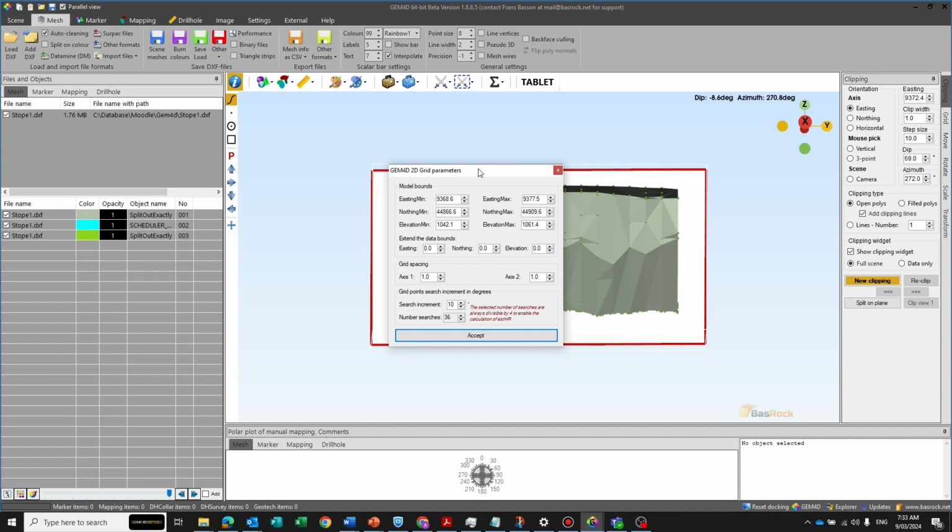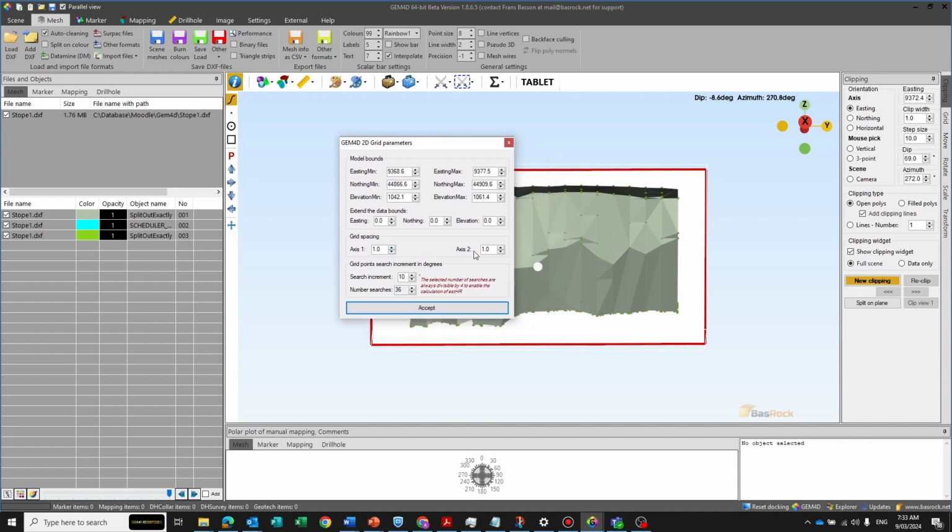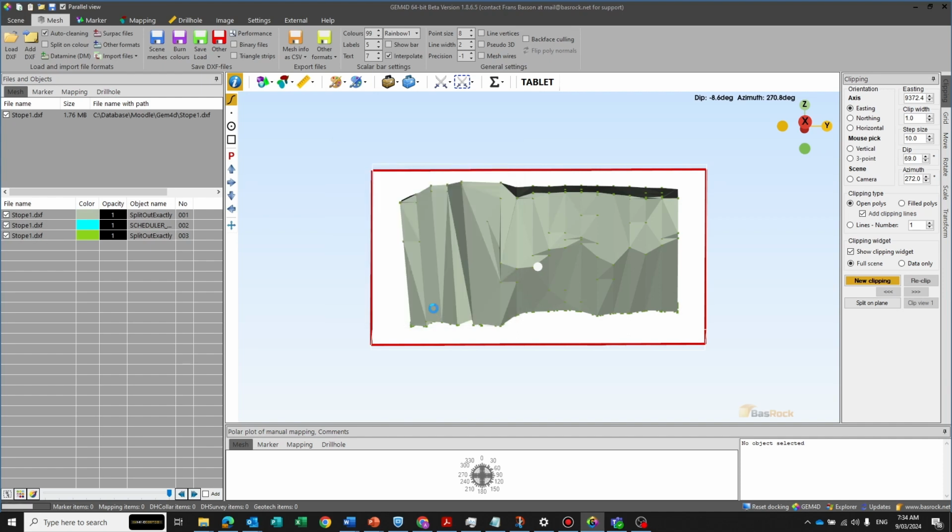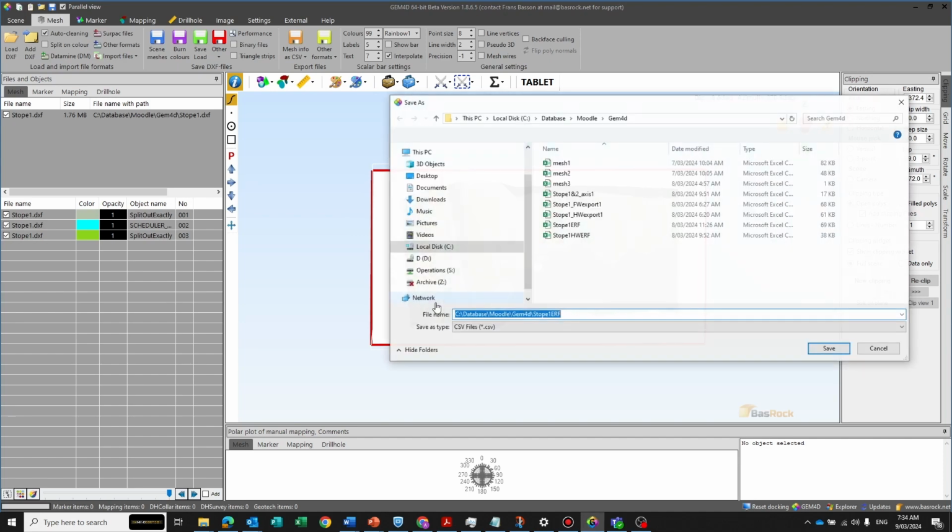We do that. Grid parameters, so it's on a 1-on-1 grid spacing. That's probably enough just for this demonstration. Search increment, it'll search each point 10 degrees, 36 of them to go all the way around. If we wanted to make it more detailed and take longer, we go to 1 degree and it'll do 360 of them. All right, so we'll go back to 10 there, that's fine, and we go accept, and it will generate a